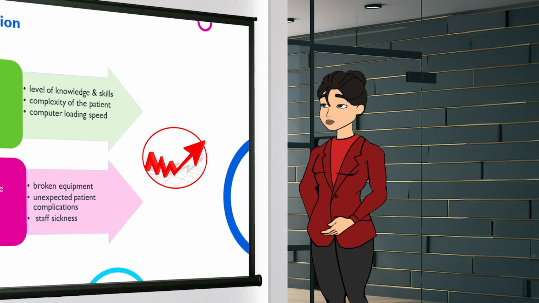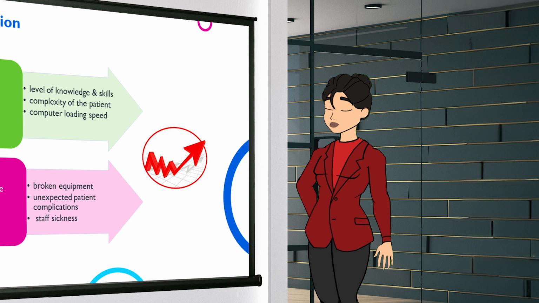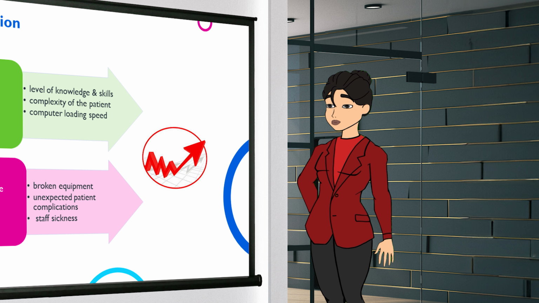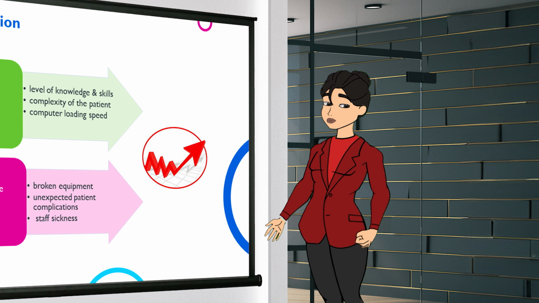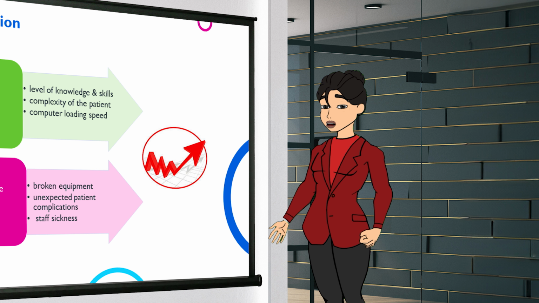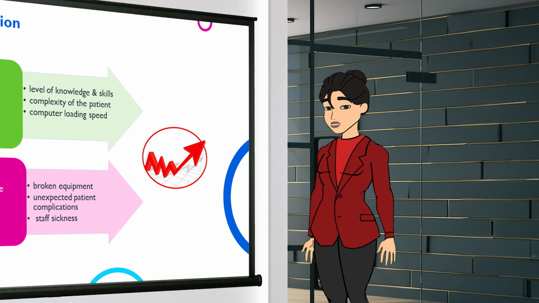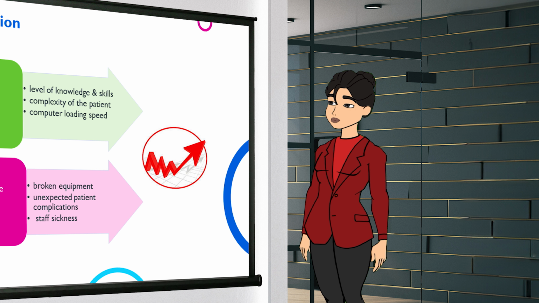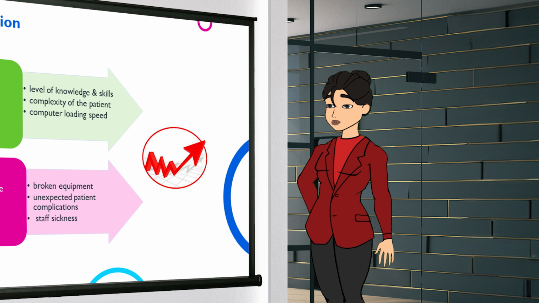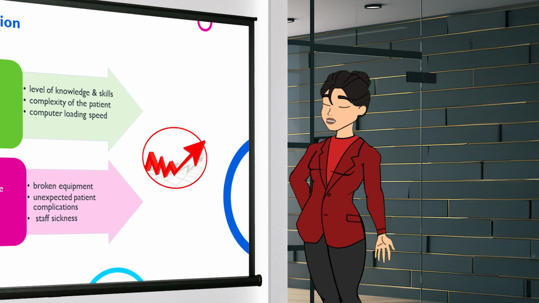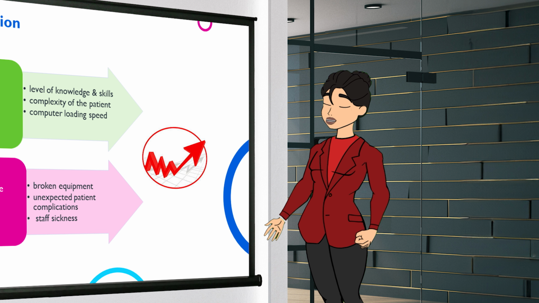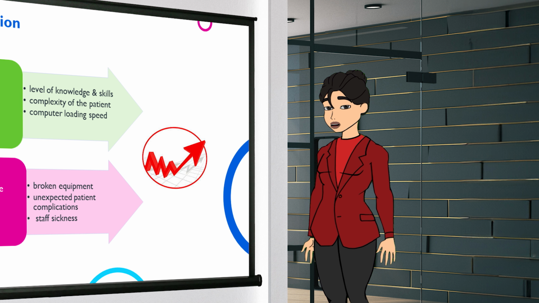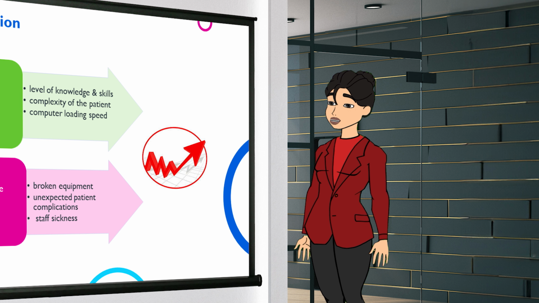Now let's consider a circumstance whereby I wake up and find that my car tyre is flat, or that the traffic on the roads is at a standstill because of a bad accident. This would be considered special cause variation because it is not expected and occurs in an unpredictable fashion. I therefore cannot plan as effectively for these events happening, and it will likely impact on my arrival time in a negative fashion. The image above provides some healthcare related examples of common cause and special cause variation for you to consider.